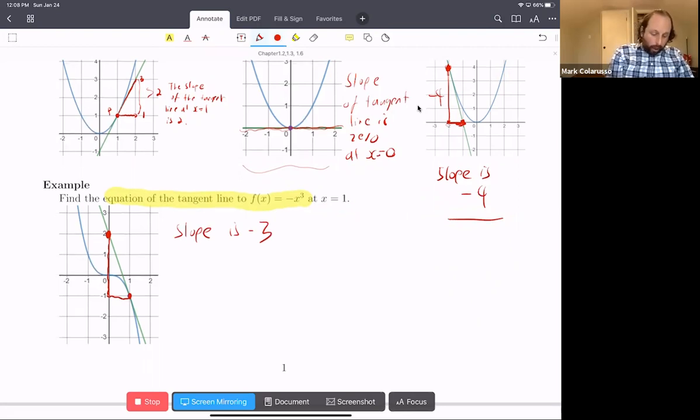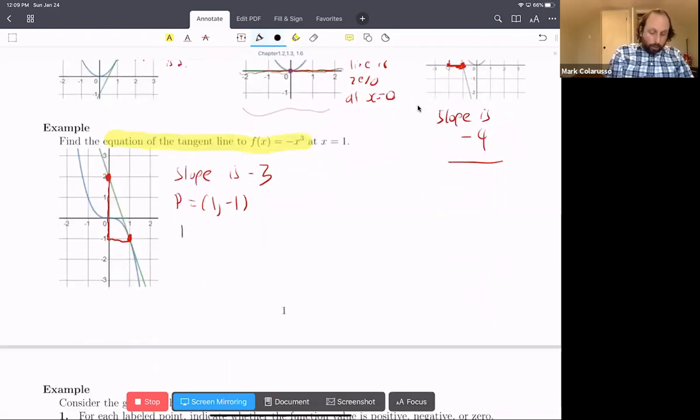And then a point on the line, this point P on the line, you can see here, the purple point, which I've shaded in red, is where the line touches the graph at 1. So that's 1 minus 1. So maybe I'll use black, easier to read. So by point slope form, the equation of the line